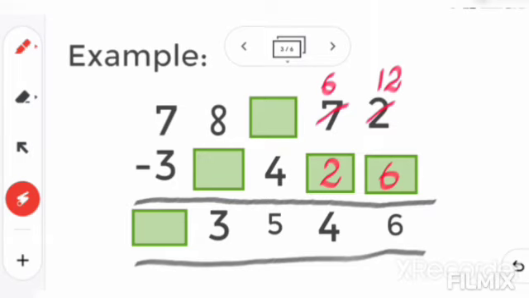Now you see here the third one, the top one is missing. That means the minuend is missing. To find this minuend you have to plus these 2 numbers. As I have told you, you have to plus these 2 numbers. So 5 plus 4, 9. So in this box 9 will come.